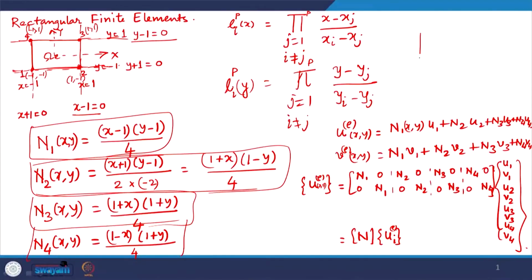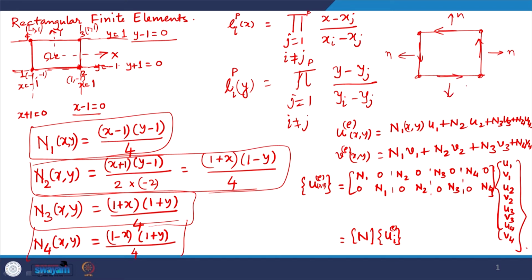And the domain integral would go in the counterclockwise direction. So, for the domain integral, this is the unit normal for each side,